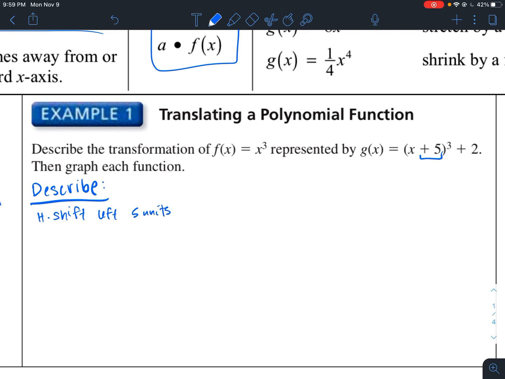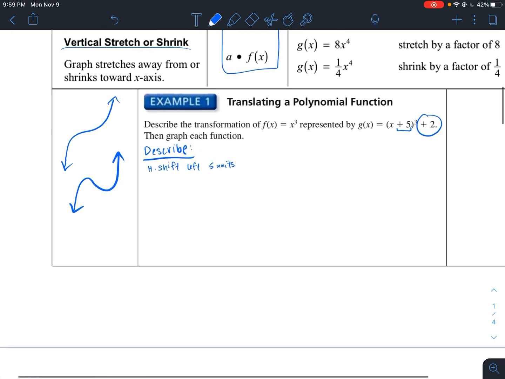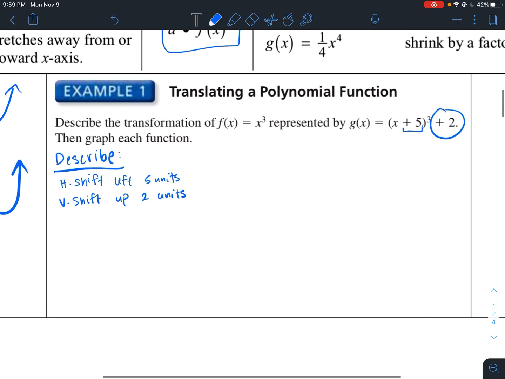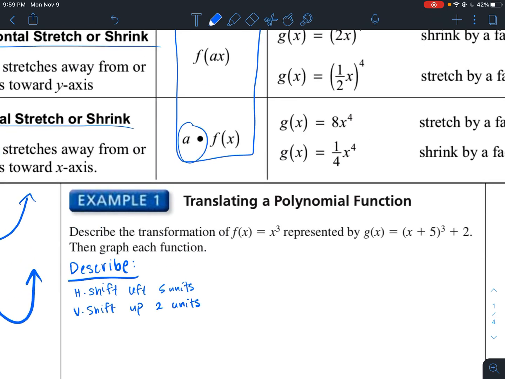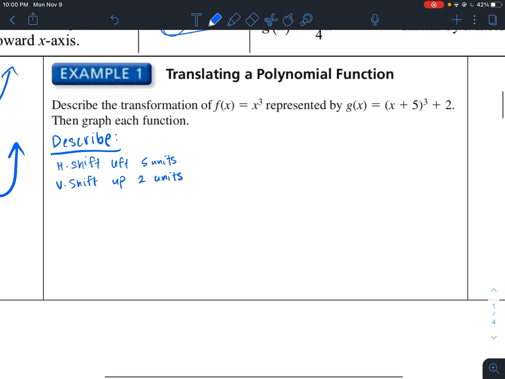Okay, and then right here on the outside, which is plus k, this is going to be a vertical translation up 2 units, or a vertical shift up 2 units. Okay, and I think that should generally be it. We don't have anything else, like anything being multiplied, and there's no negative, so that should just be the two